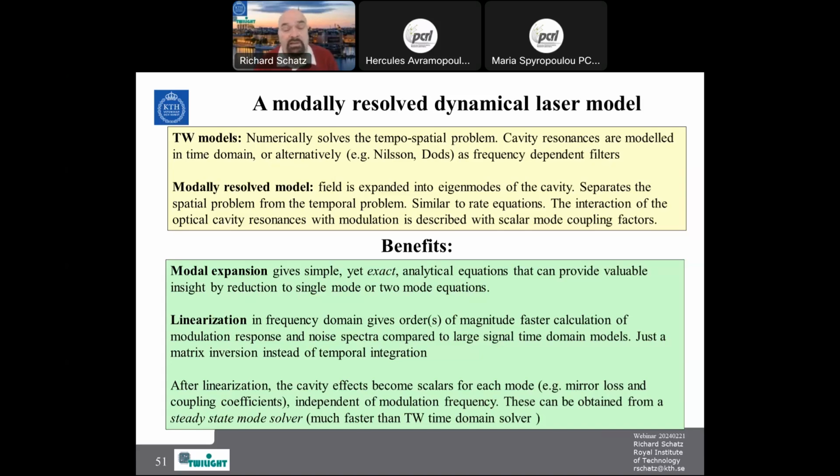So I can separate different phenomena in order to understand what is going on in the laser. Whereas the traveling wave model works more like you have a real laser and you need to do experiments on it in order to understand what is going on. Also, with this linearized expanded model, you can make an analytical model just using one mode or two modes, for instance, which is